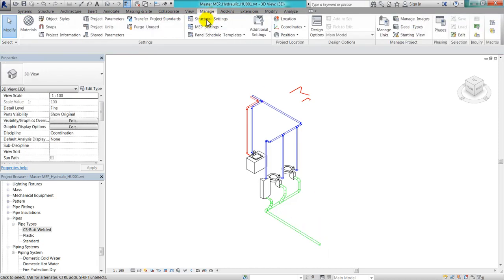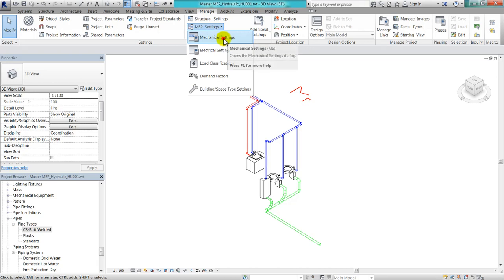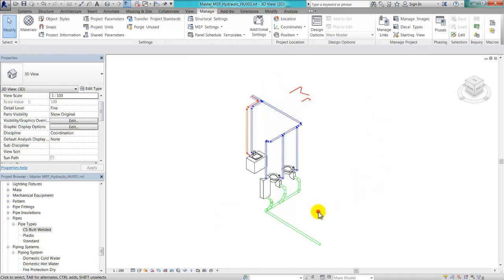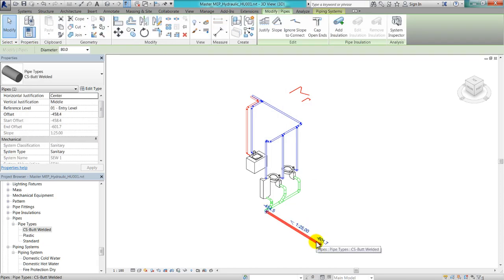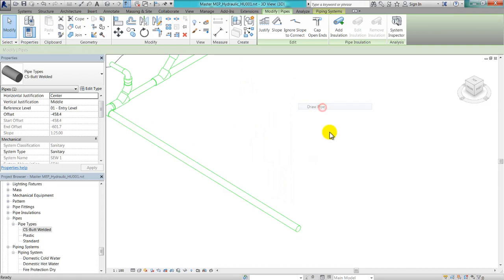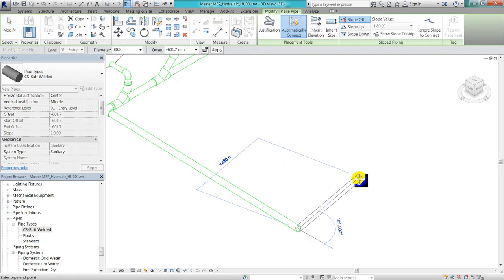Go to your Manage tab, MEP settings, mechanical settings. Make sure that under the angles option, you select use any angle. Hit OK. This should allow us to create pipe runs in any angle. Select the pipe segment again, zoom in a bit, right-click onto the end connector here, and draw a pipe in a 90-degree angle,